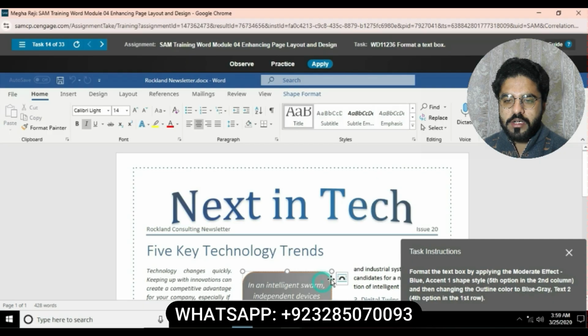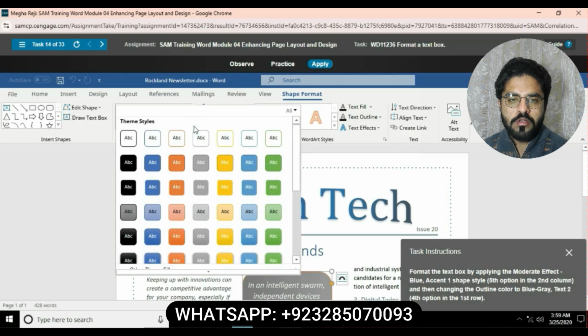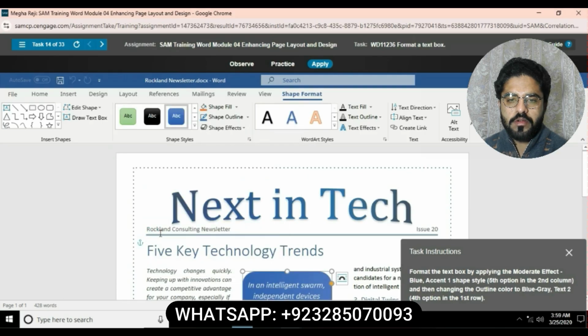First we select the text box, select this text box, applying the moderate effect blue accent 1 shape style. Then you will go to the shape format, click on this drop down and select the accent 1 shape style, blue accent 1 shape style, this one, click on this